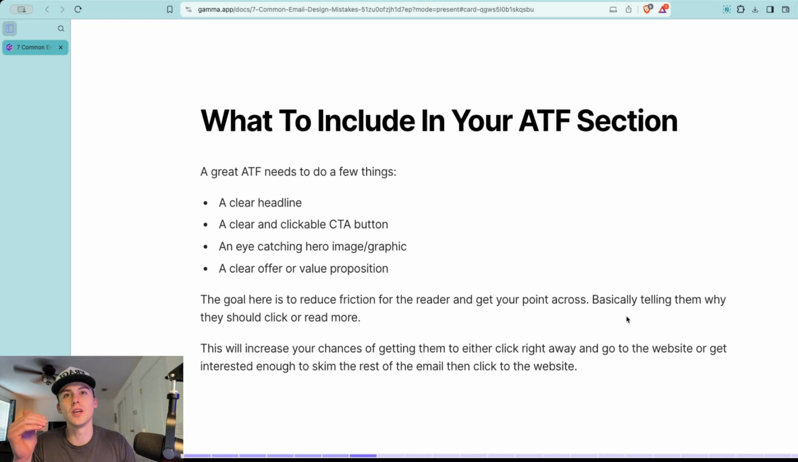A great above the fold section, and we're going to go over some examples here in a second, needs to do a few things. So you need to have a clear headline, a clear and clickable CTA button. Not every email needs one of those. If you're not pushing product super hard, maybe you can drop that. But I would recommend that 99% of your emails actually have a clickable CTA button above the fold. An eye-catching hero image, graphic, or visual, and a clear offer or value proposition,